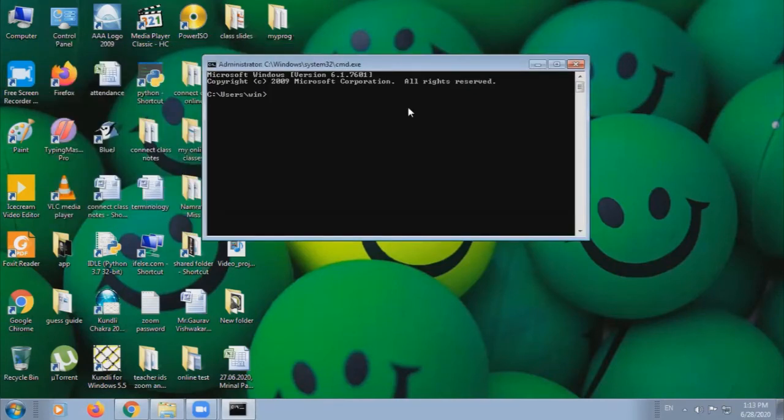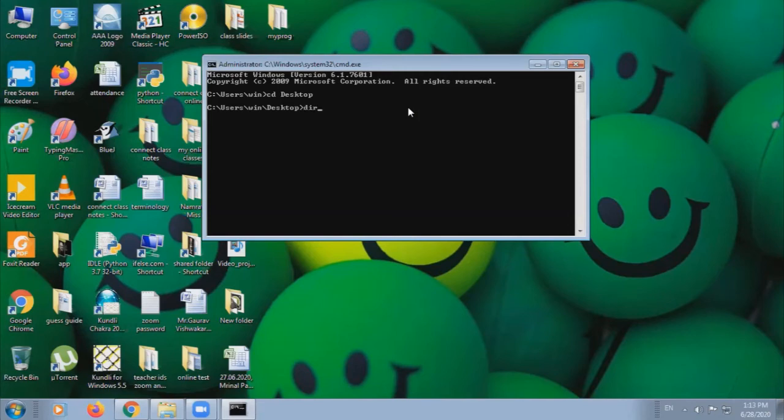As you can see, it is showing the root directory. Now you have to reach the folder where you kept your Java program. Since you saved the folder on the desktop, use the cd command, write Desktop and press Enter. So you reach the desktop.